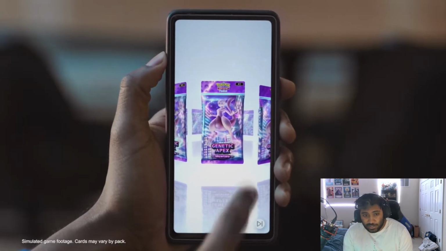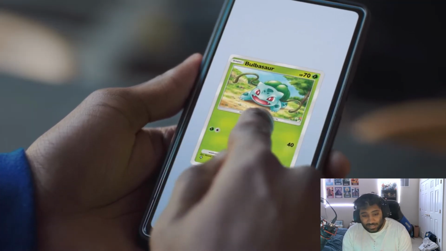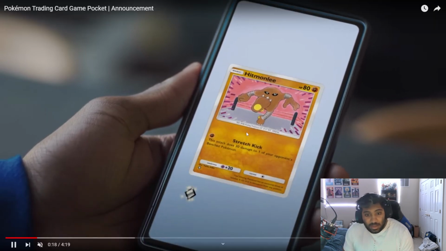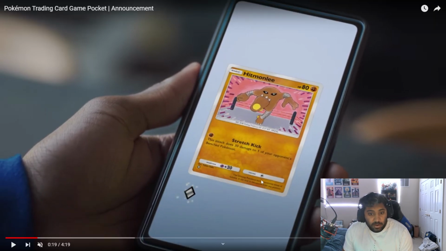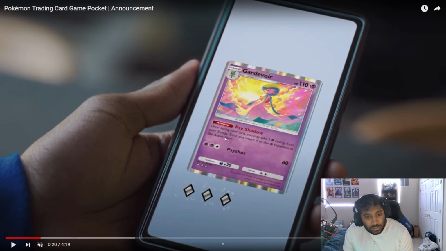It is mentioned twice. You get a pack, and these are sets that aren't real. Genetic Apex isn't a set that exists. Who knows how many cards you will get per pack, but you can see in each of these cards here that it is simplified. It's oversimplified to a regular Pokemon card with just the attack, the HP. Weakness is reduced to plus 20s, and you can see here on the Gardevoir that